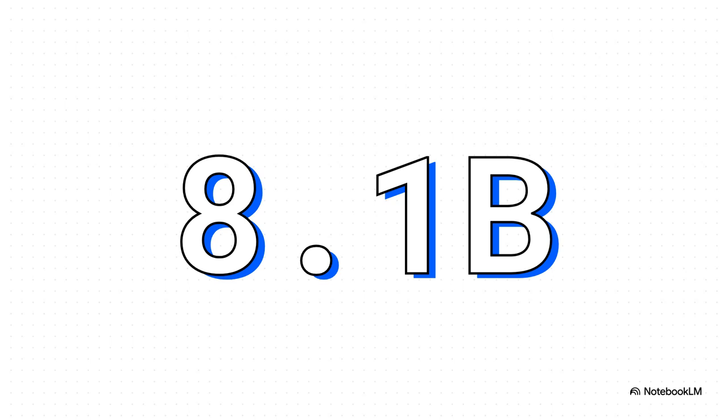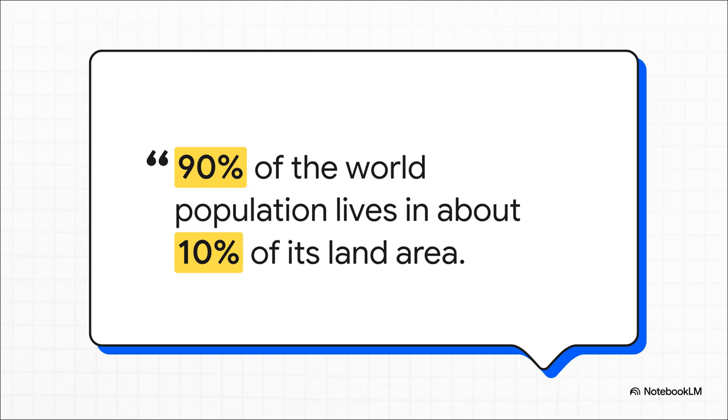But you know what's even crazier? It's not just how many of us there are, it's where we all live. Because let me tell you, we are not spread out evenly. Not even close. Get ready for this. 90%, that's 9 out of every 10 people on Earth, are all crammed onto just 10% of the land. Think about that for a second. That means huge, enormous parts of our world are basically empty, just wide open spaces with hardly anyone around.